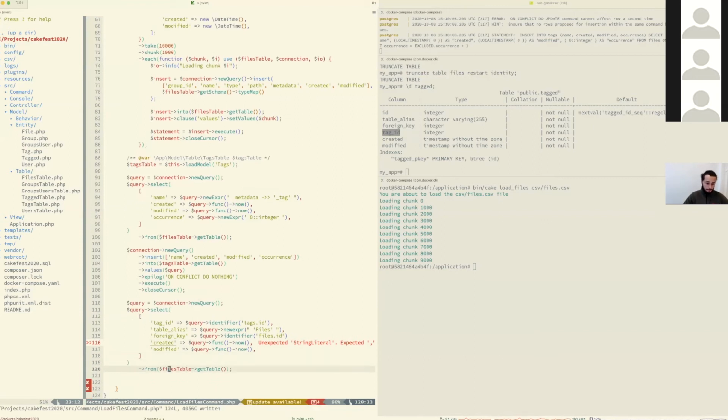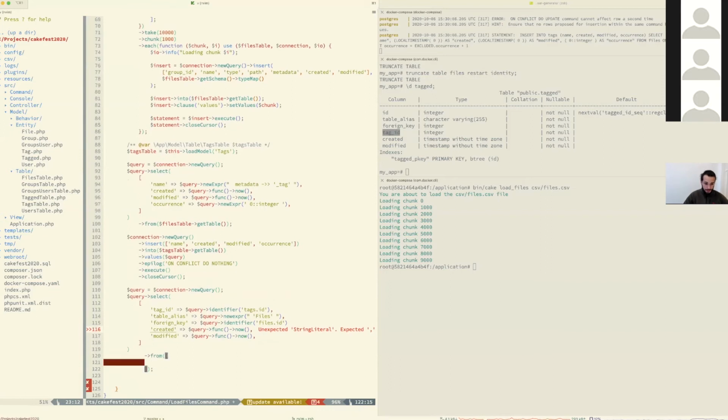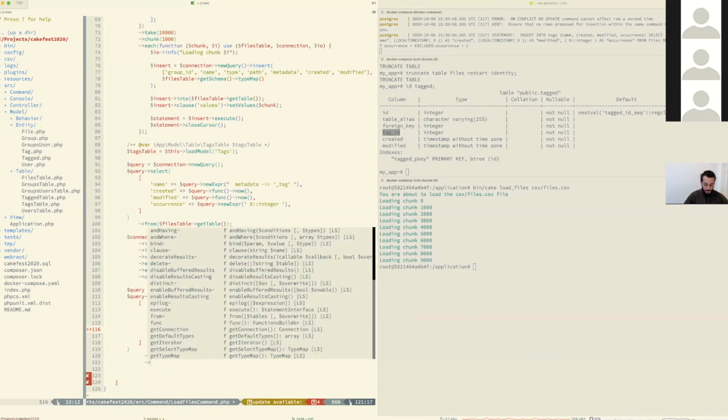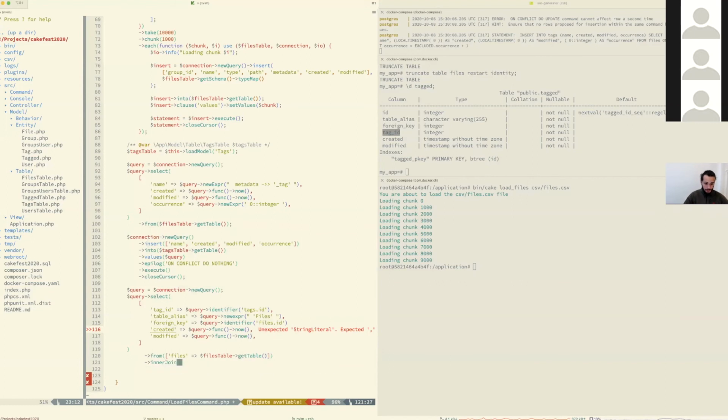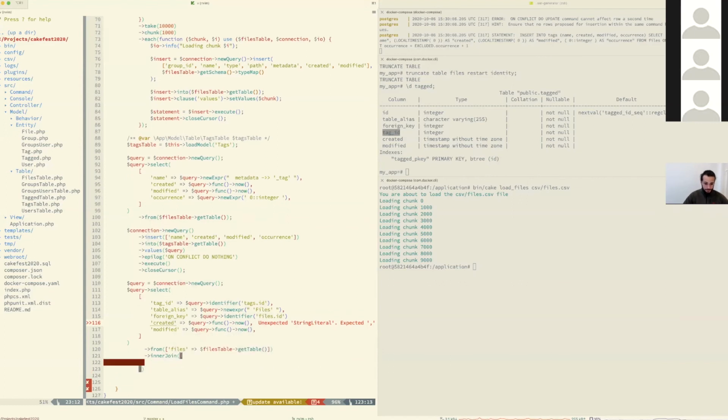Okay, from, I'm going to give this an alias so I can reference it as files up here. So files is the alias, files table, get table is the actual table. And then I can join, inner join with,